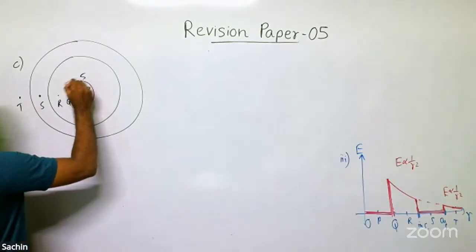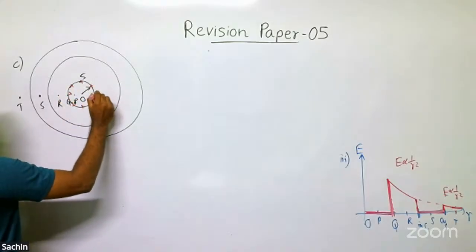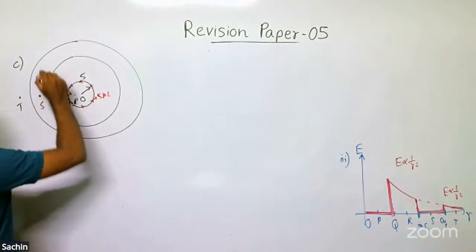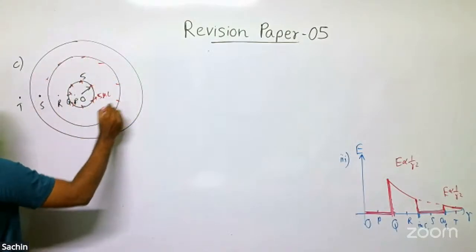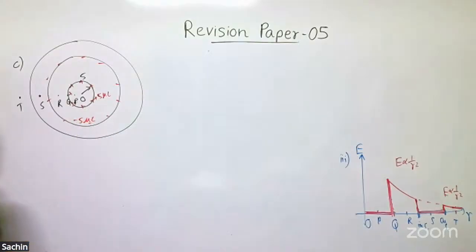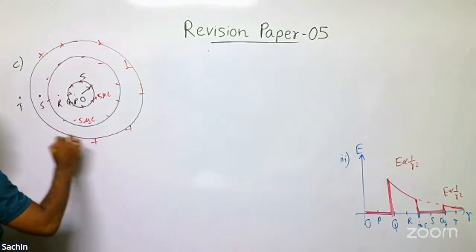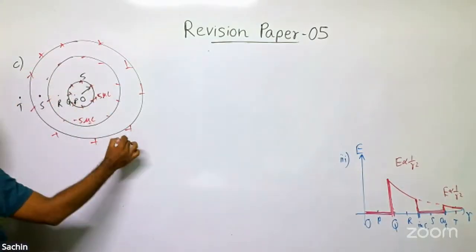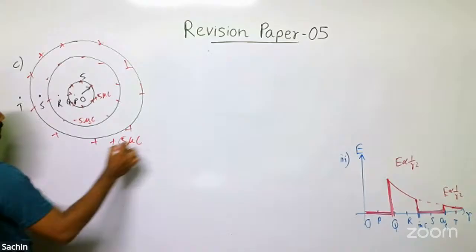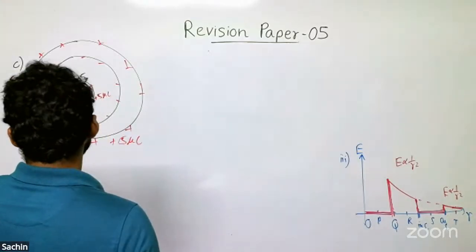Charges were arranged: plus 5 microcoulomb was there, minus coulomb was there, and again the plus was on the outer surface. Okay. So